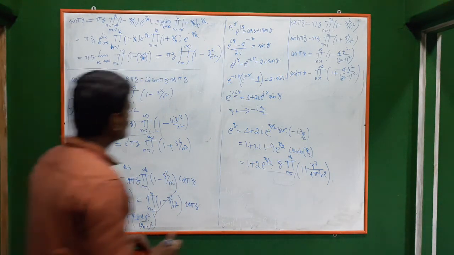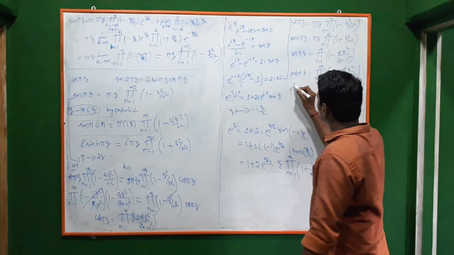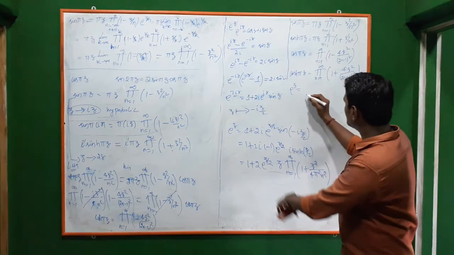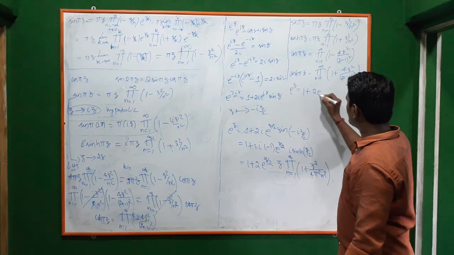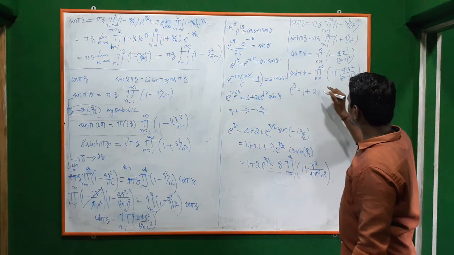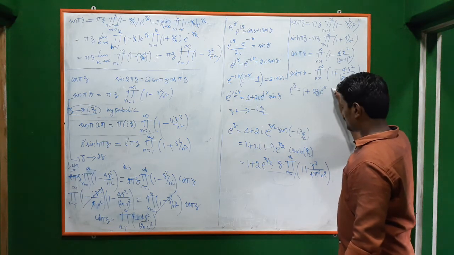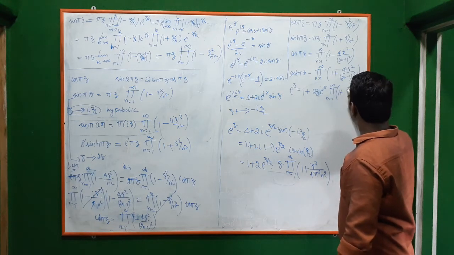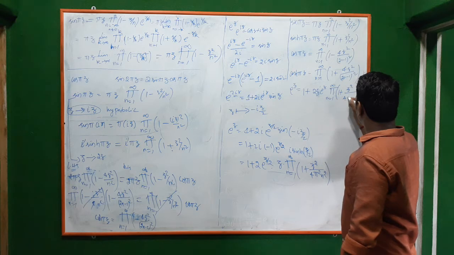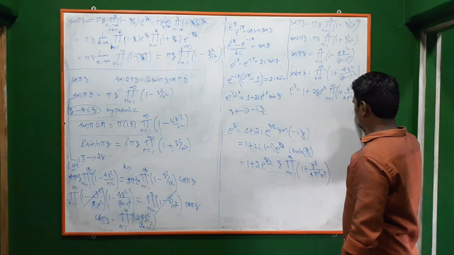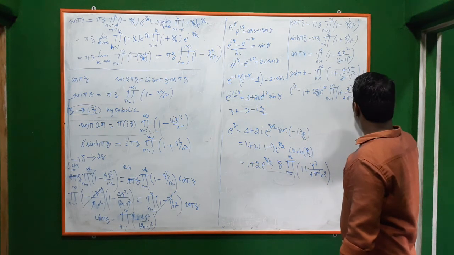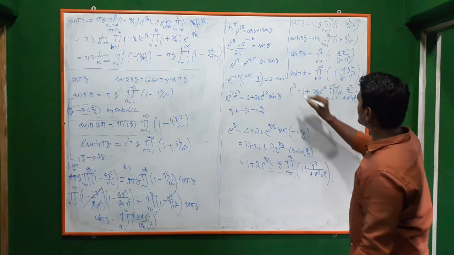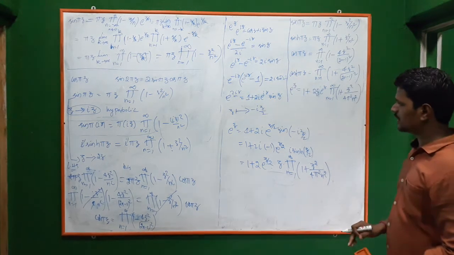Okay. So e power z is what? e power z is 1 plus 2 e power z by 2 into z into the product n from 1 to infinity of 1 plus z square by 4 pi square n square. So this is the expression for e power z. Okay.